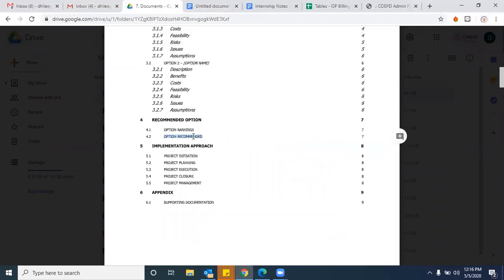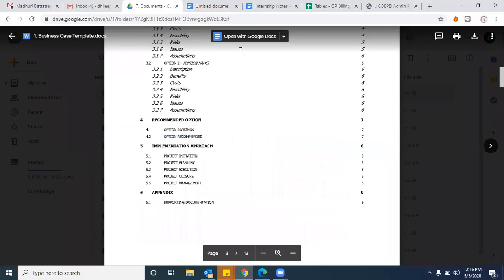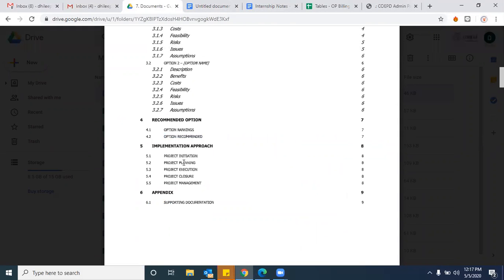And once we provided the recommended options, what sort of implementation approach? Because you are providing what we say is the most recommended open source solution here. For example, I'm telling how this open source application can be implemented: how the project initiation will happen, how the project planning will happen. All these elements will be in the work breakdown structure, or possibly you are aware of Gantt charts, right? Yes. So how this project will be planned, we will discuss in this implementation approach part. Am I clear? Guys, clear on this? Yes.